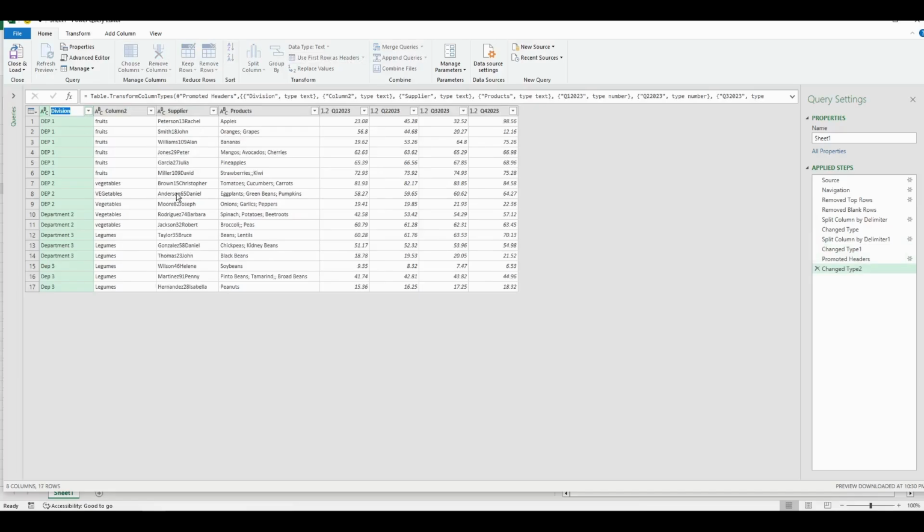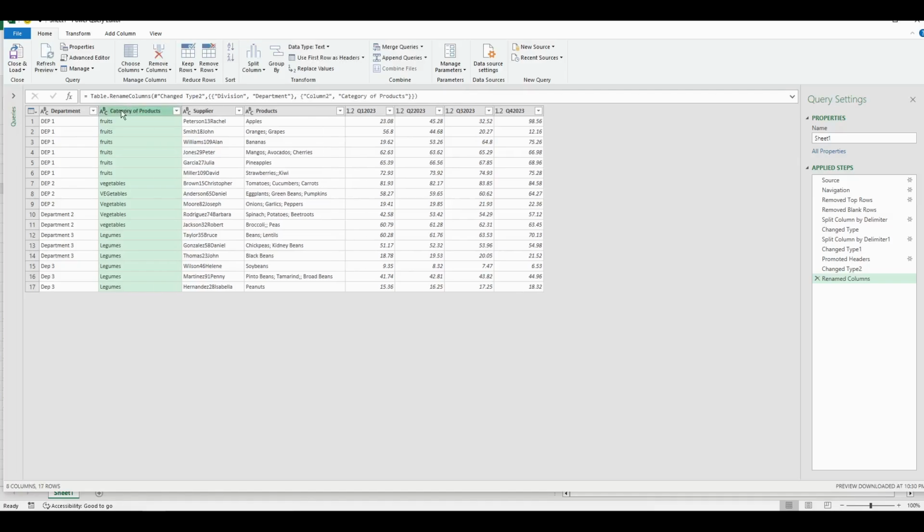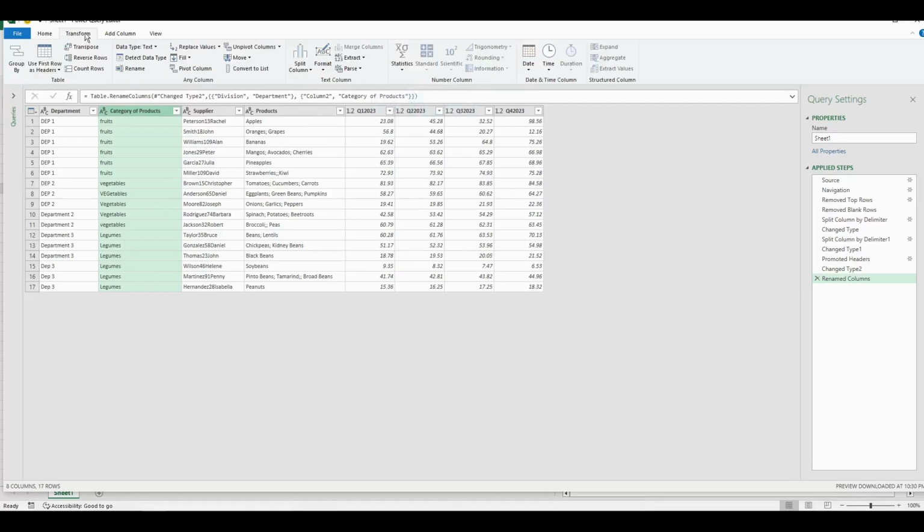The first column will be department, and the second one will be category of products. And of course, we can change its format, and we will capitalize each word.